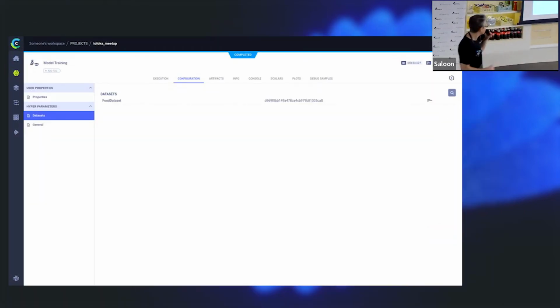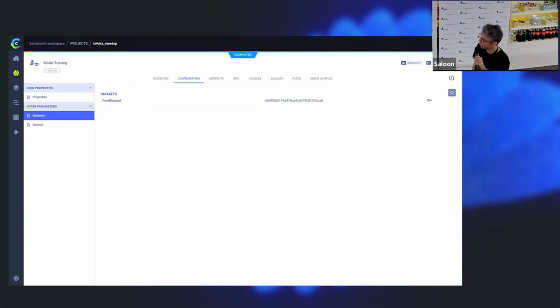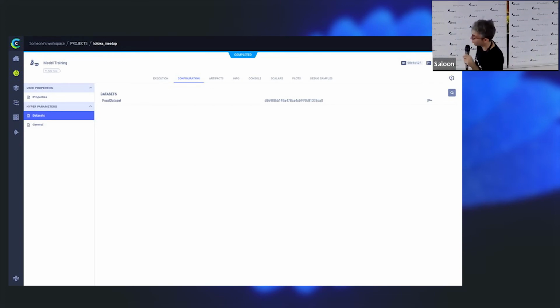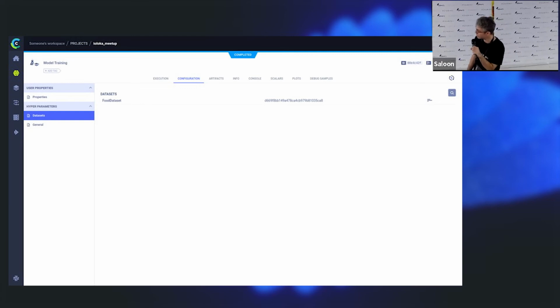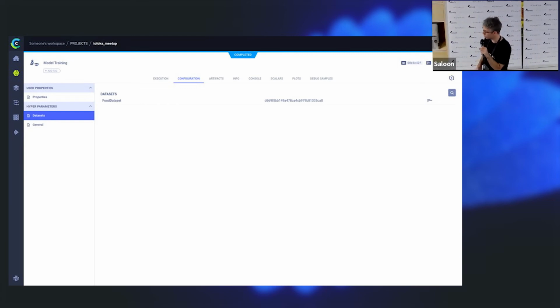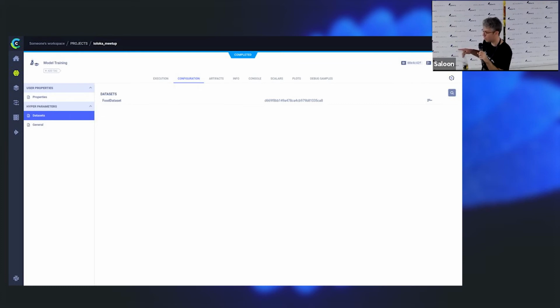We can see the data set itself here. So we have a name for the data set and an ID. That ID, you can think of as kind of a commit hash ID. It's a unique ID for the data set and the version throughout the entire system. That means that if we later rerun the code with a different ID, we can override it. So if we want to run the same code base with a different version of the data set, even if it comes from a different data set, it's fully supported. So that's kind of the idea of this unique ID.